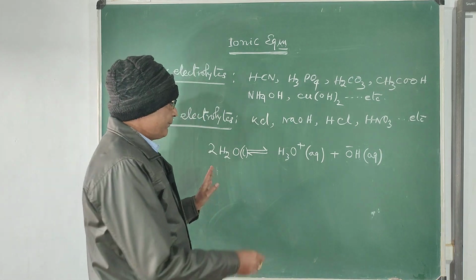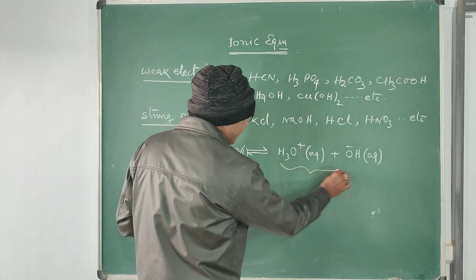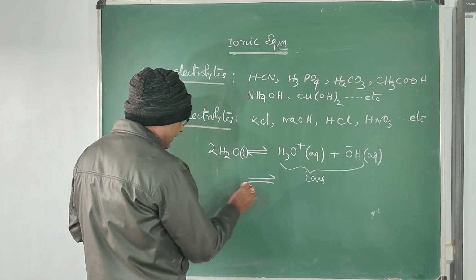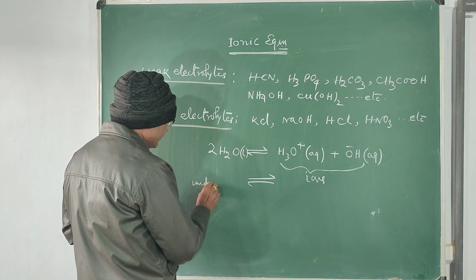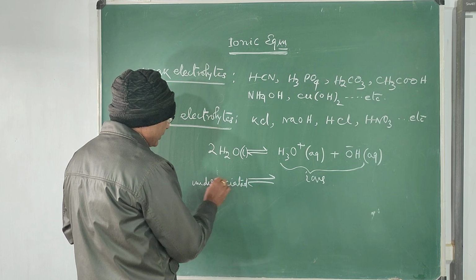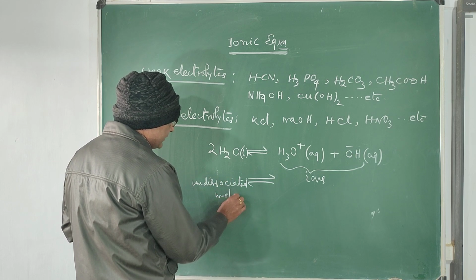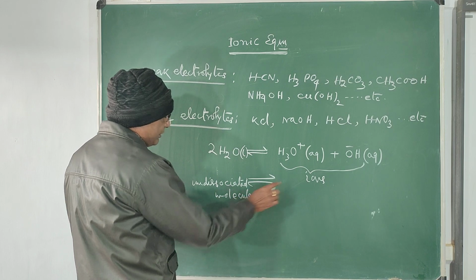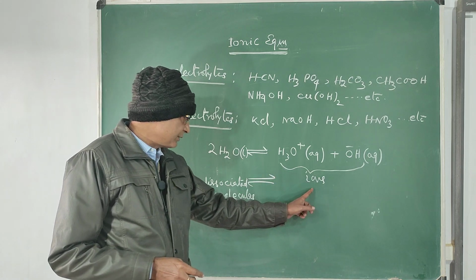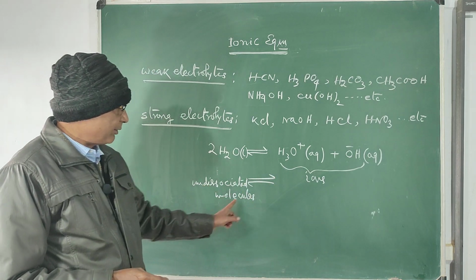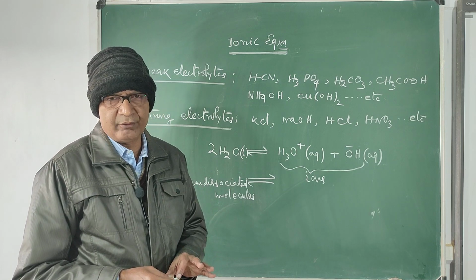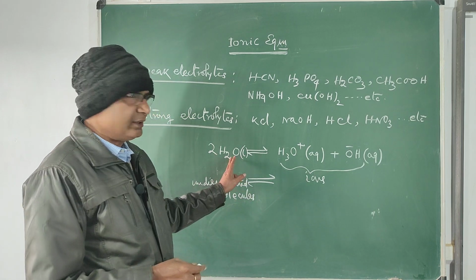So this is an equilibrium between ions and undissociated molecules. So this equilibrium is called ionic equilibrium. Equilibrium involving ions and undissociated molecules at a given temperature is known as ionic equilibrium, since water is a weak